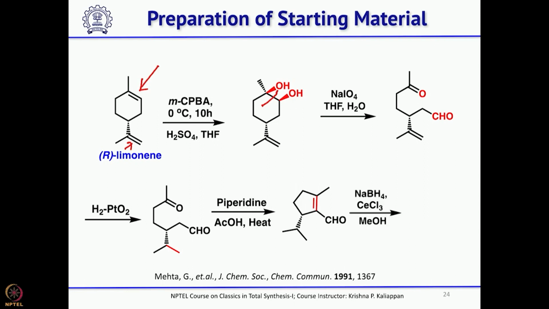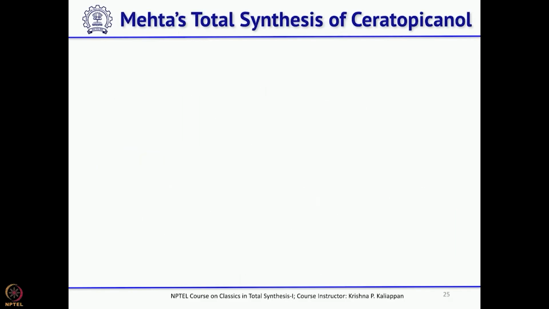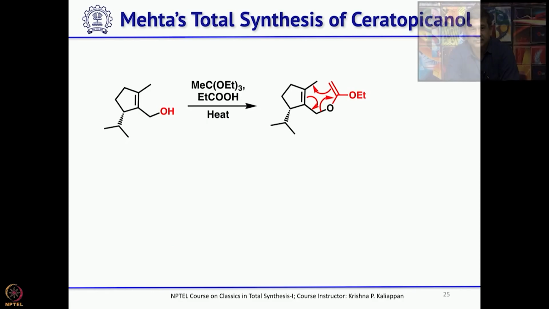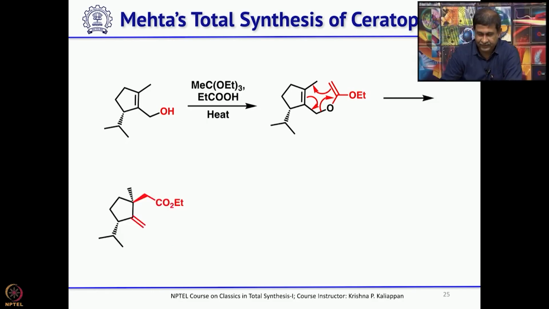Then simple reduction of the aldehyde with sodium borohydride and cerium chloride, that is called Luche reduction, gives the corresponding allylic alcohol. This allylic alcohol upon Claisen rearrangement will give you the corresponding gamma delta unsaturated ester. Okay. This gamma delta unsaturated ester can be hydrolyzed to the corresponding carboxylic acid,